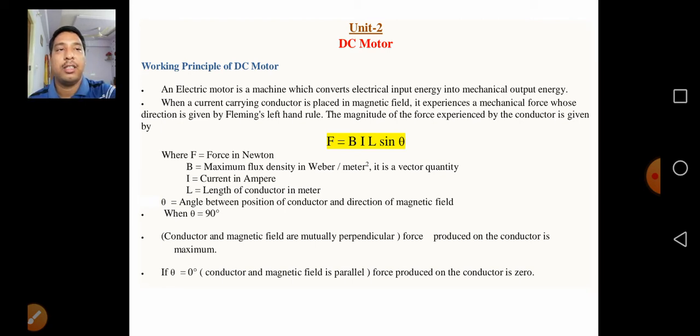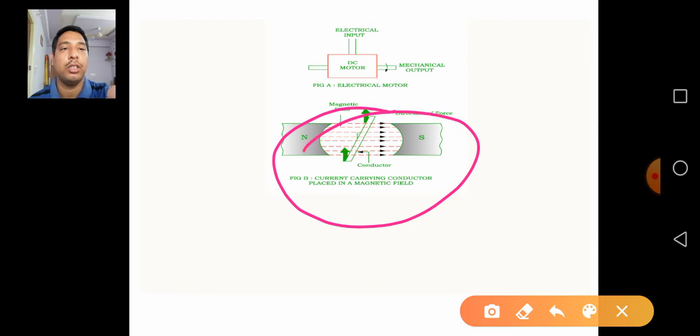And next, there is the sine theta. What is this theta? From this figure, which shows the conductor position, we are placing this conductor in between the magnetic field poles, the north and south field poles. When you place these two poles, some magnetic field is produced, and this is the direction from north to south which I have shown in this diagram. How the conductor is lying with respect to the magnetic field is the angle position, which is the representation of theta.